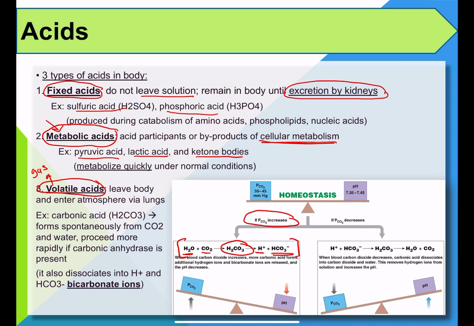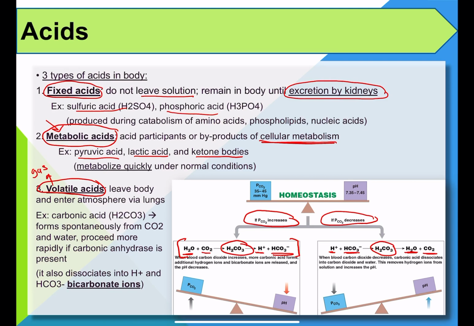This explains why too much CO2 lowers our pH. Now, if carbon dioxide levels decrease, then the equilibrium can go the other way around, where you have hydrogen ions and bicarbonate ions forming carbonic acid, which then can dissociate into water and CO2 to replenish the amount of CO2 available. So these are the two things that can happen depending on whether you have more CO2 or less